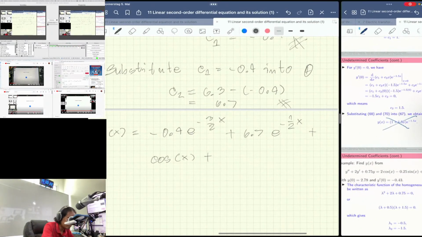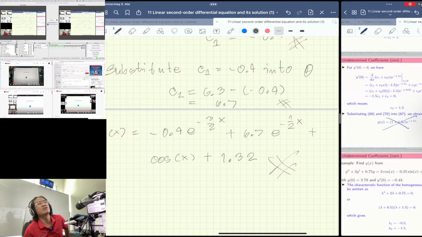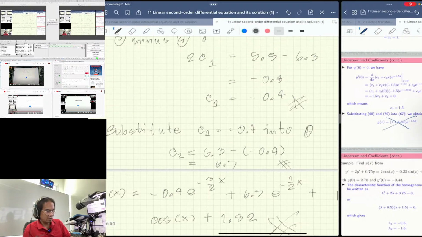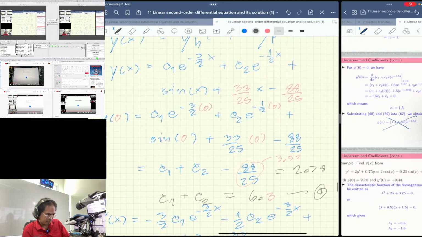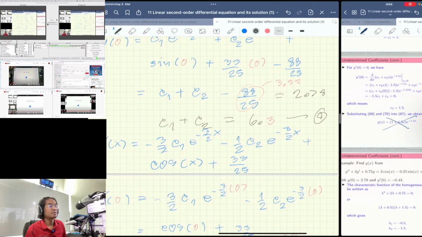$1.32. Okay, and that's it for this equation. Let's check whether our solution is correct or not. This one, right? I will send you the link if it's successfully found. If we could successfully find this one,